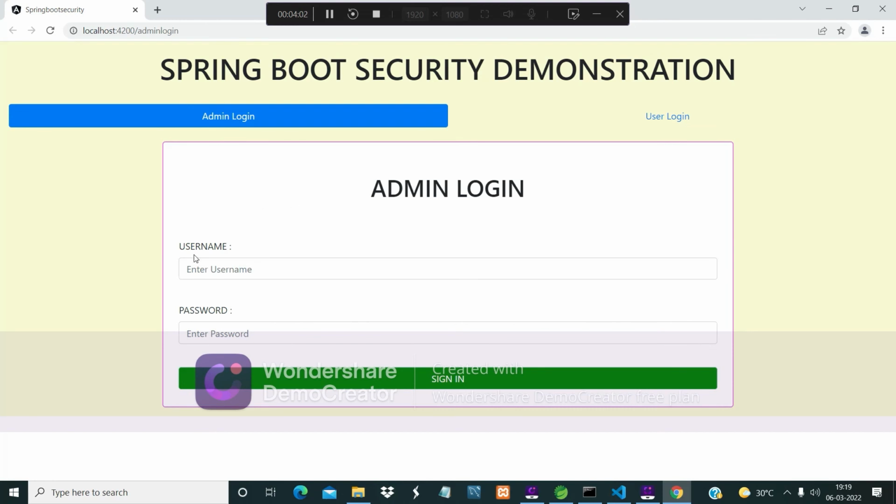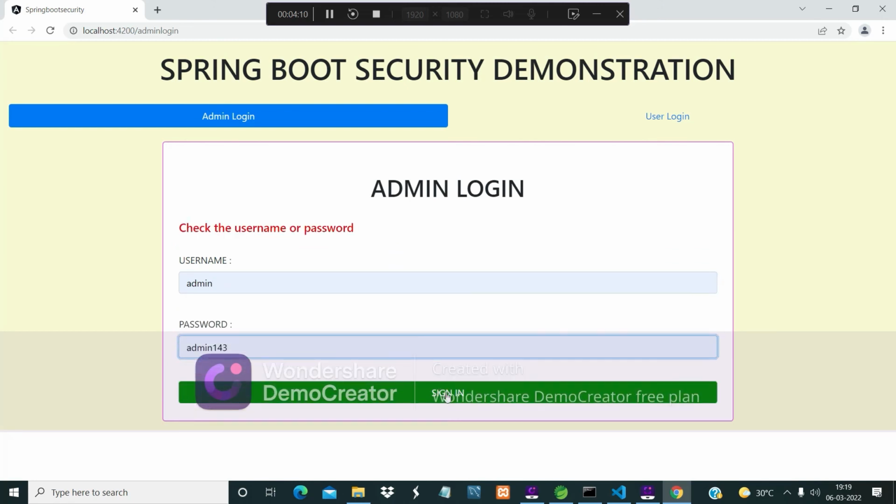So our application is here. I will add the password for the admin. It is admin, and the password will be admin143.